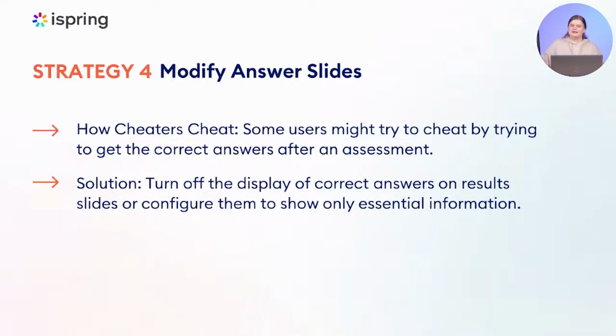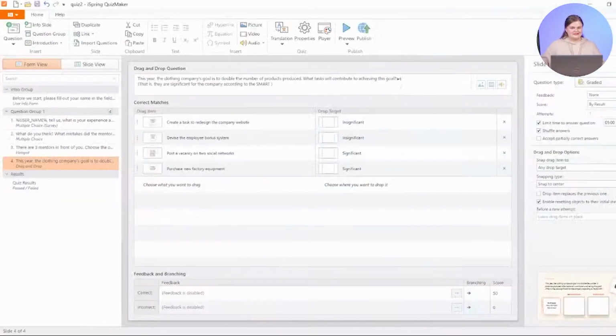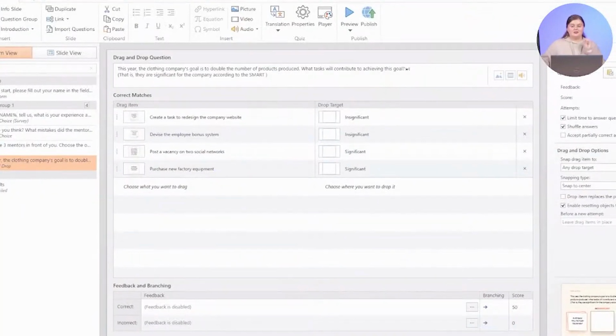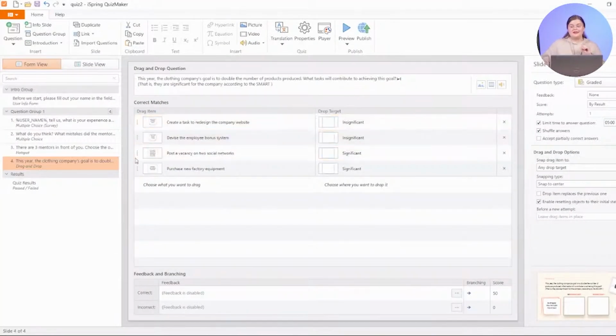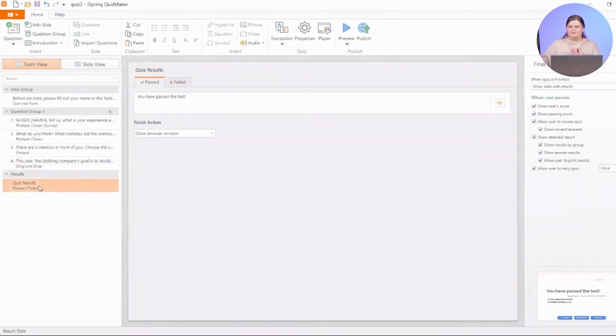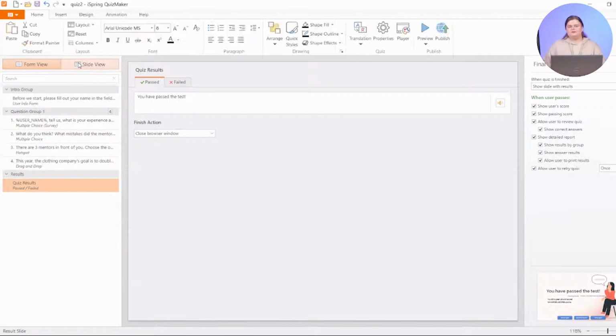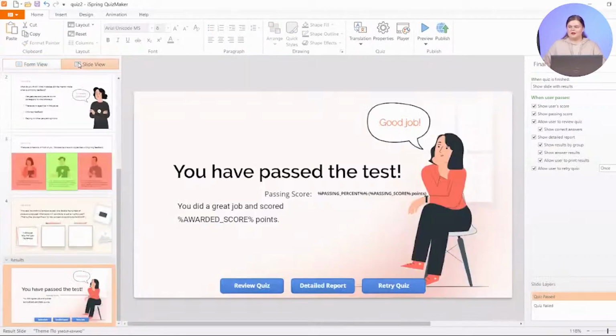Okay, and now it's time to see how it will work in our quiz. So at this time, we need to go to the quiz results slide, which is the very last one in the form view. And so that it's easier for us to see the slide itself, I will switch to the slide view. Okay, here we go. As you can see, at the moment there is a button called Detailed Report on the